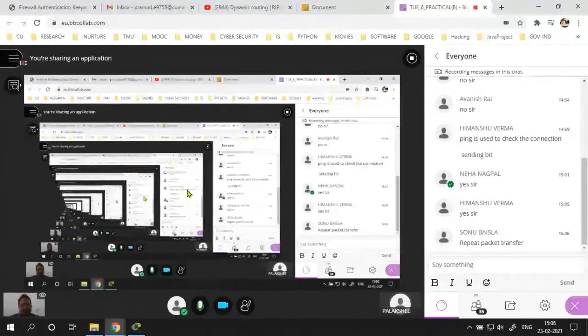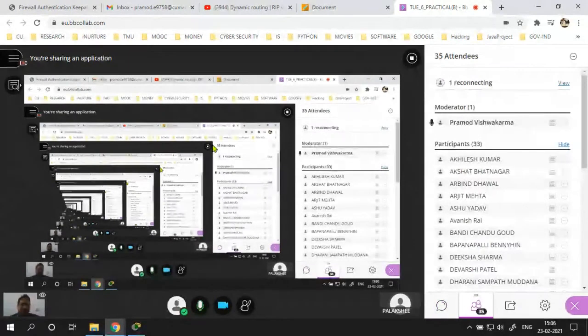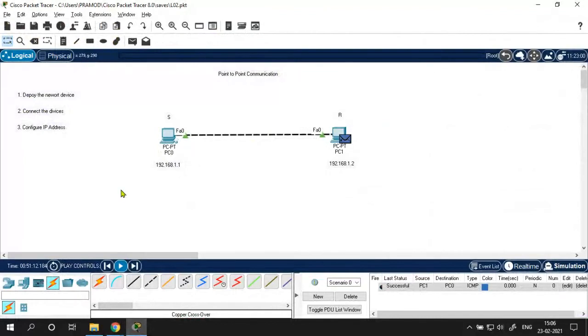And now, whether it does unicast or broadcast of the packet, that is the difference between a hub and a layer 2 switch. I have already explained all this concept because I knew that it will be required whenever you are simulating any network topology. So let me close this and clear it.